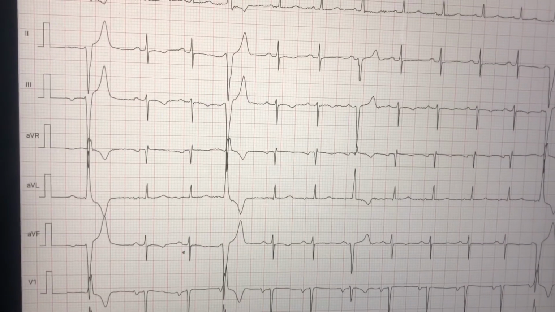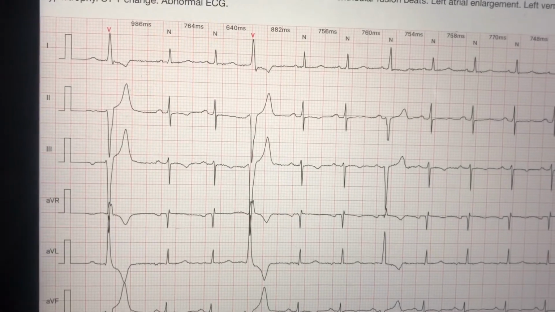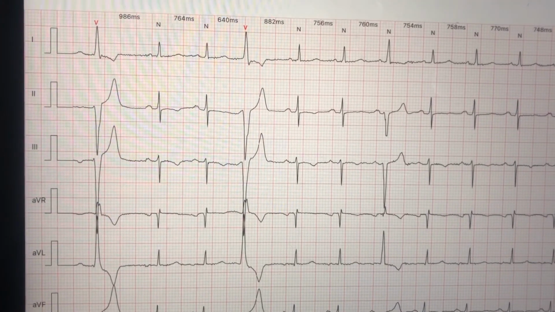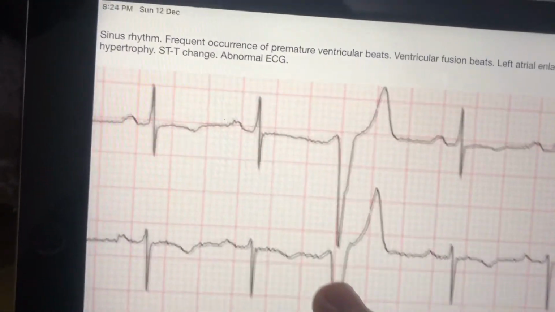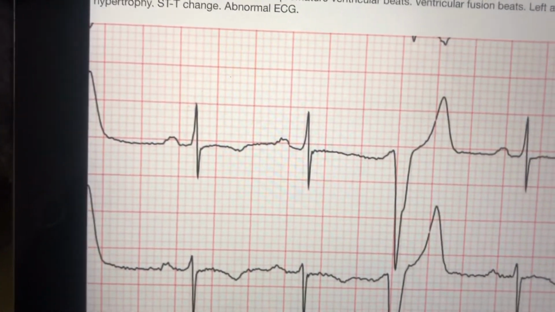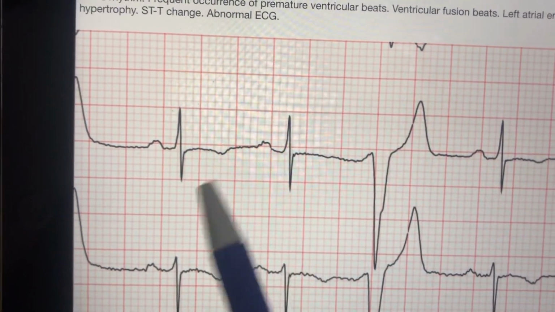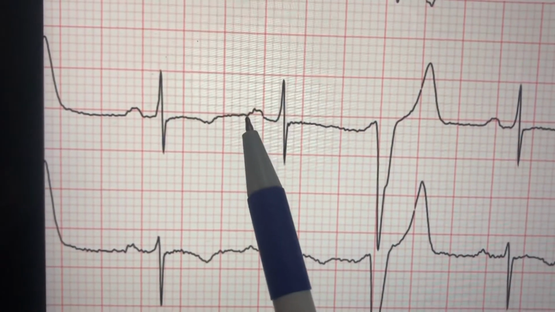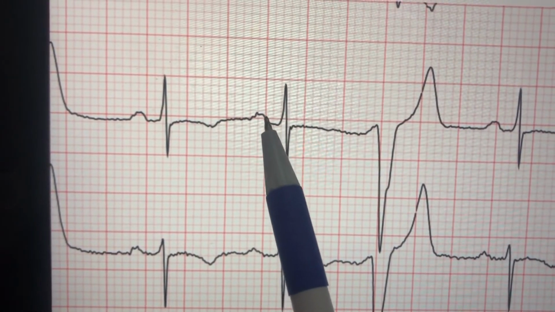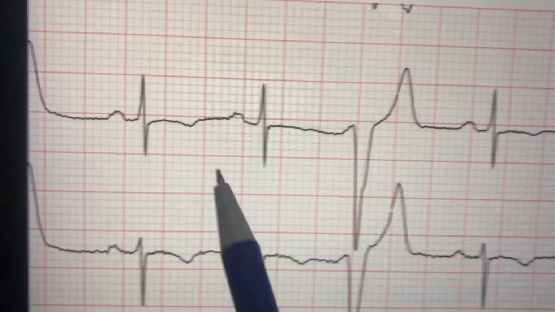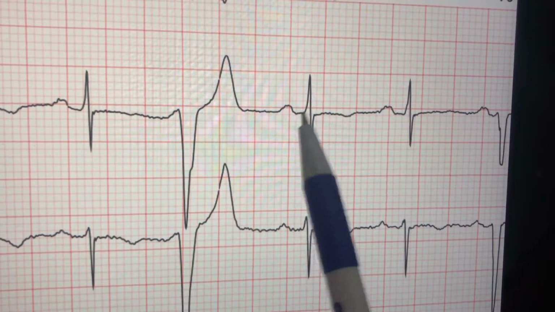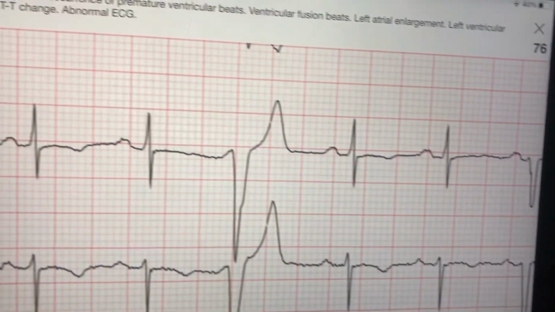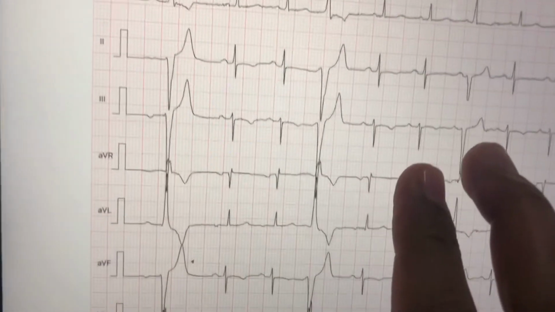Look at this, guys. Here you can appreciate a P mitral, which is left atrial enlargement, very nicely. Let me maximize it for you. This is lead number 2, and look at this. It is like an M pattern. This is the P wave and it looks like an M. This is P mitral. Look at another one. This is P mitral. It was lead number 2, and now let's come towards